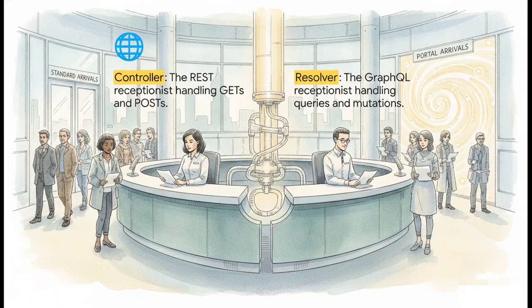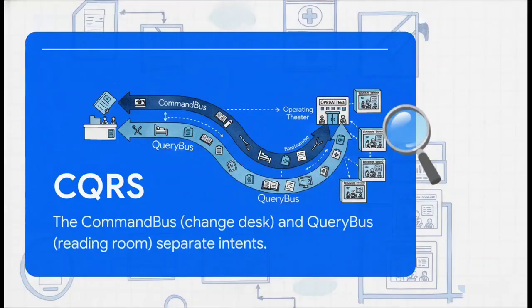Here is the absolutely crucial takeaway from this. The receptionist has exactly one job. Their only purpose is to translate the external HTTP or GraphQL request into an internal command. This means absolutely zero business logic happens at this desk. If you ever look at your code and see a receptionist prescribing medicine, like say checking if a user is over 18 inside a controller, that is a severe architectural failure. Don't do it. Instead of trying to do the work themselves, the receptionist drops the sanitized file into the dispatch